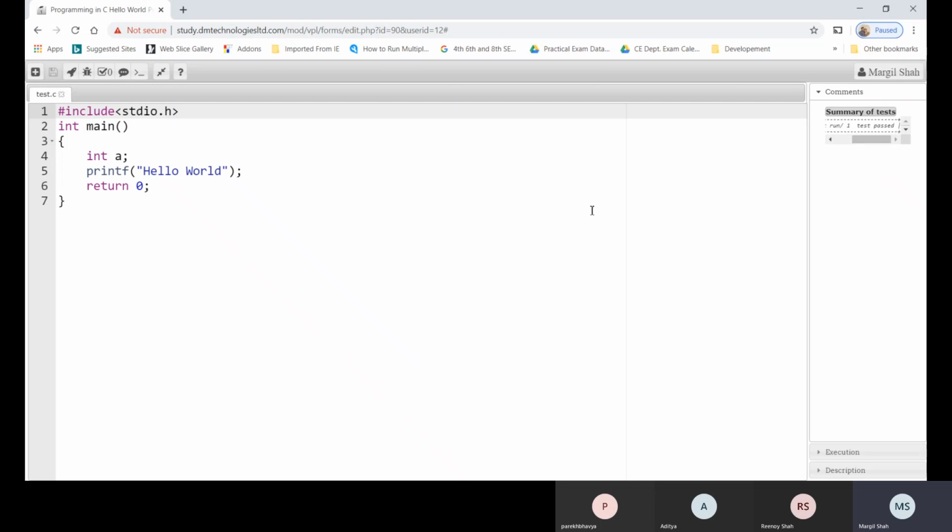I have defined only one test case, so it shows one test case run and one test case pass. If I have defined more than one test case, all will be verified with this code. If the code generates the correct result, it shows one and one, otherwise one test run and zero test pass.